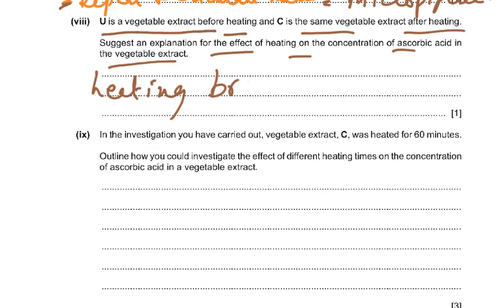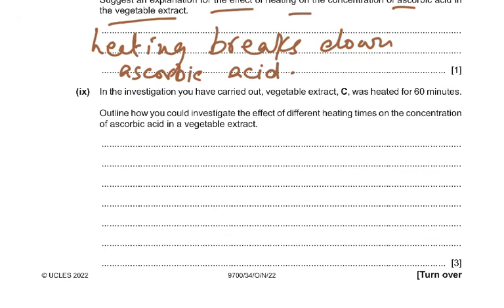So heating, this is not denatured. This ascorbic acid is not a protein. So heating breaks down ascorbic acid. Don't say denatured because that's only for proteins. Ascorbic acid is not a protein, it's an acid. But if the value for U and C was the same, then you said heating has no effect on ascorbic acid. Then, of course, it says in the investigation you've carried out,